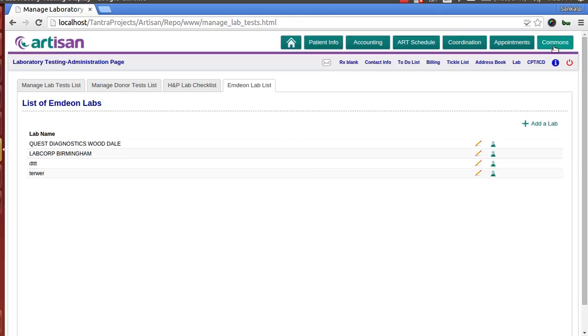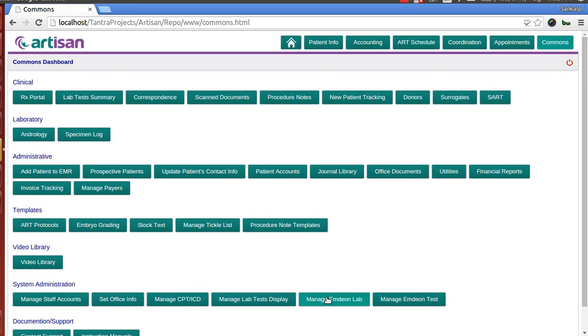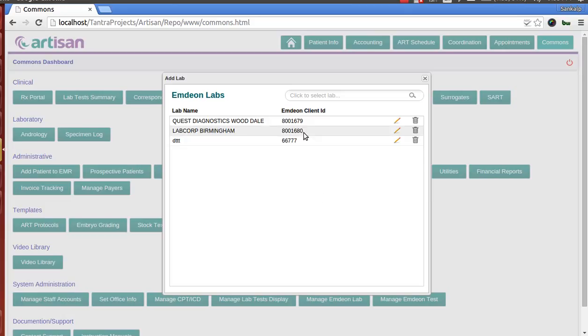Next, here the clinic can choose the number of labs they want to use. So here it will show all the labs which Emdeon can provide us, but for every clinic they may not want to use every lab. They want to use a certain number of labs, so here they can choose them,